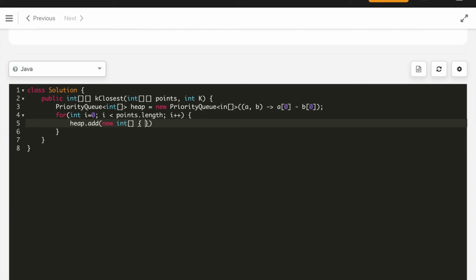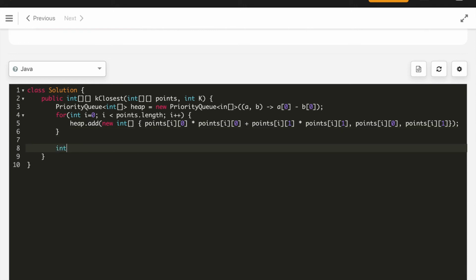First is the distance squared of the point, so points[i][0] times points[i][0] plus points[i][1] times points[i][1], then the x coordinate of that point, points[i][0], and the y coordinate of that point, points[i][1]. So we will save this in the priority queue.